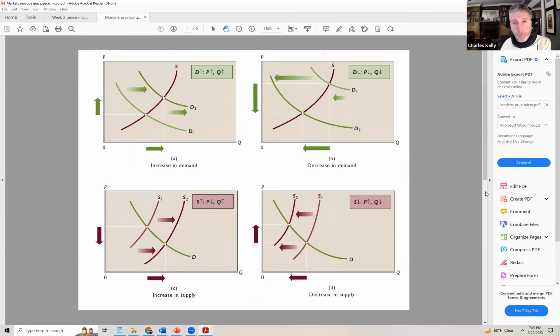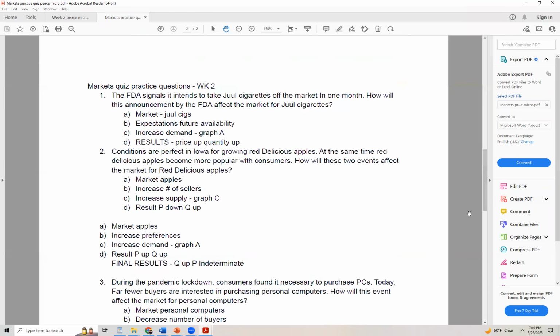And then you say, well, what does that do to price and quantity at the new equilibrium? We were here, increase in demand from D1 to D2, price went up, quantity went up. And then you're done. So can I see that side by side with